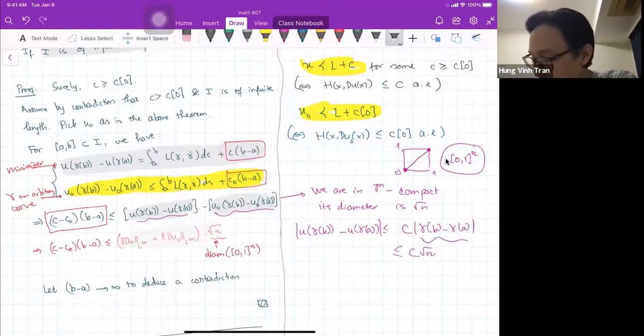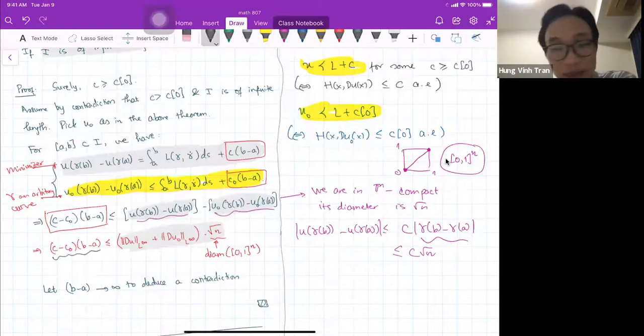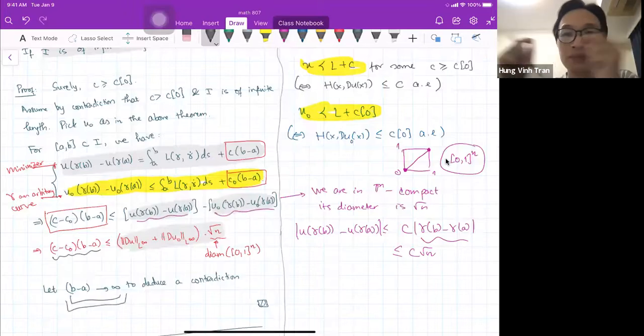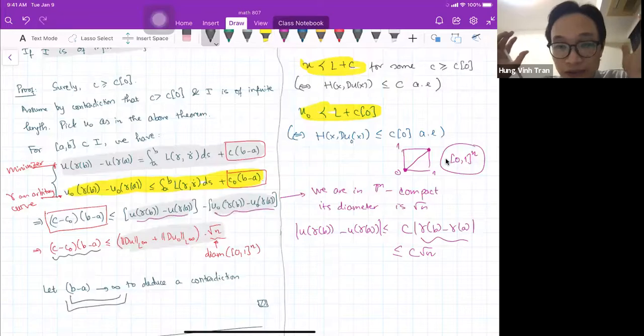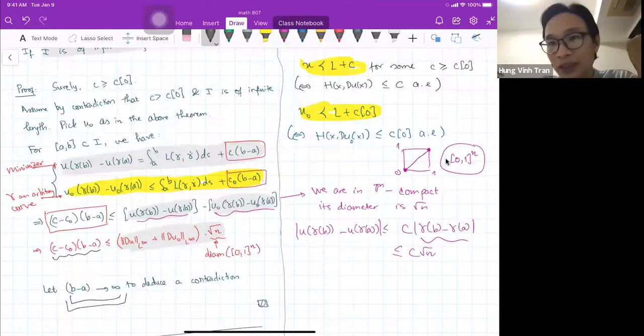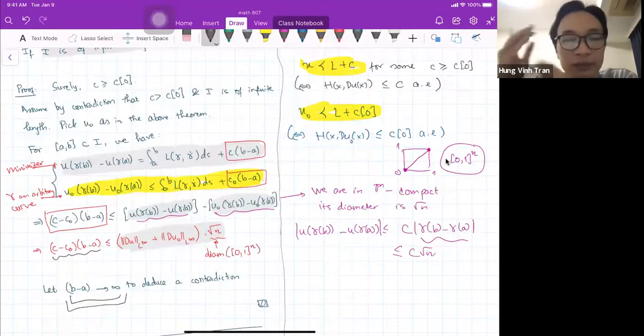That's what I'm highlighting here. And clearly the left hand side is the difference C minus C naught times B minus I. Because I can let the length of the interval go to infinity, that must let me conclude that C is C naught. So that's really beautiful. This is really a dynamical proof. It's really an equivalent PDE proof, but it goes a different way. It's very different. We're going to talk a little bit about that if I have time eventually.